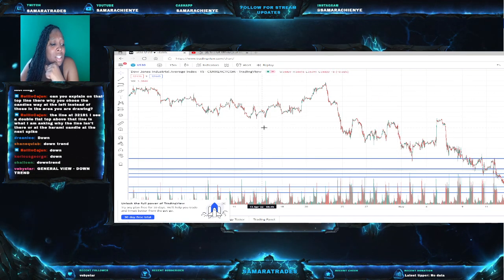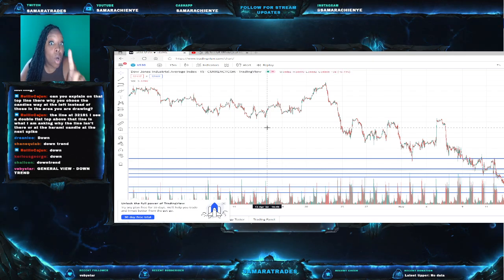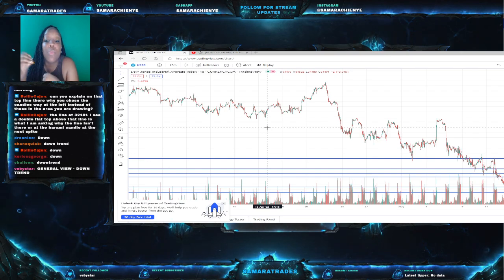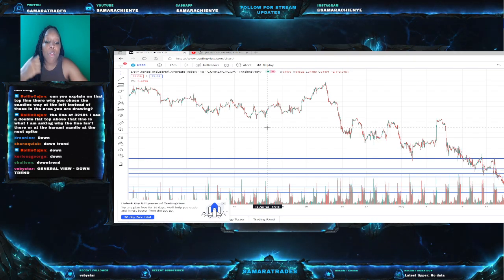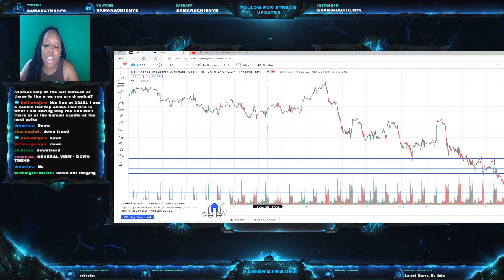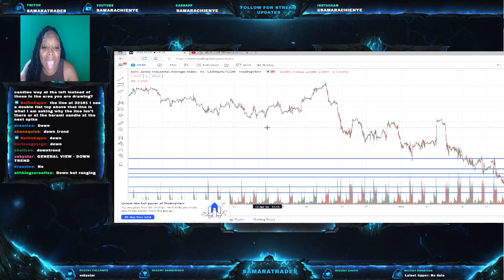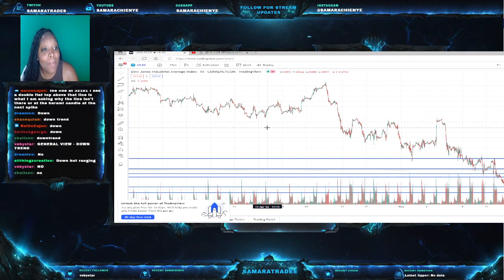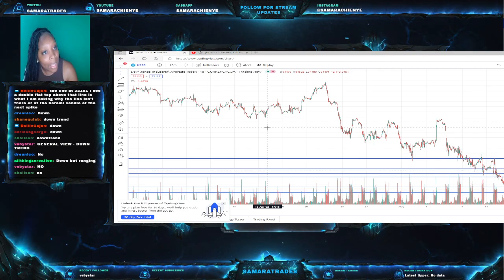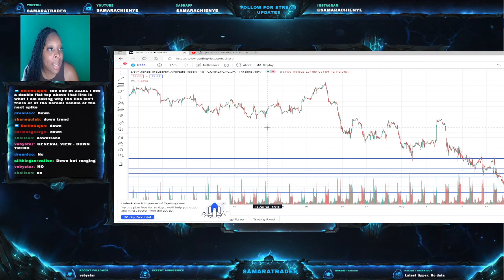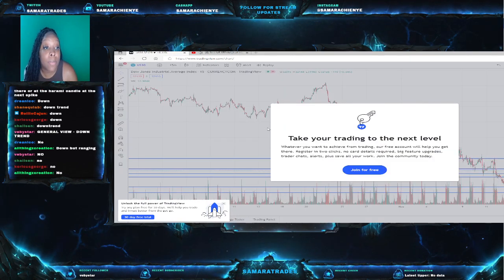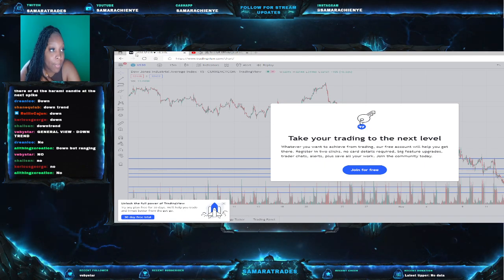Do I automatically get into the trade just because I see a downtrend on one time frame? No. We need reassurance. We need more proof. We need to know that we're not 100%, but at least 80% certain that we can get into this trade for either a sell or a buy, okay? Never just get in because you see your 15-minute chart is in a downtrend or uptrend. Do not do that. It's not based off of that, all right?